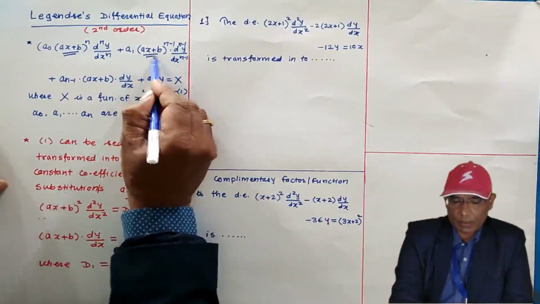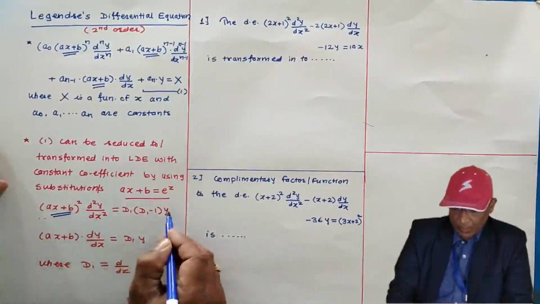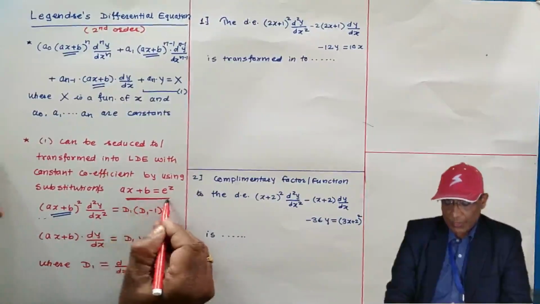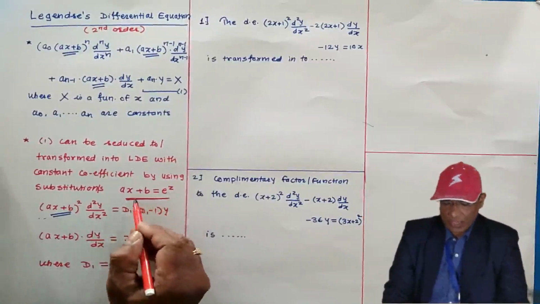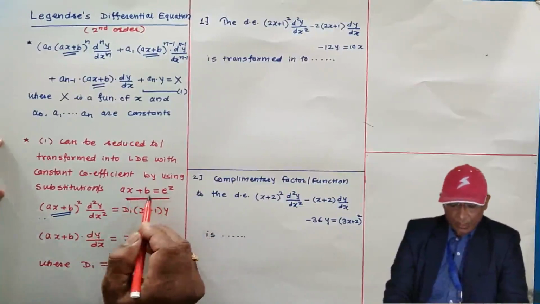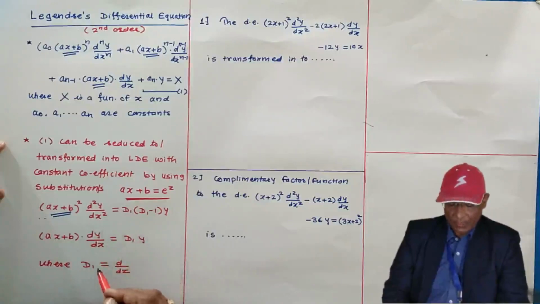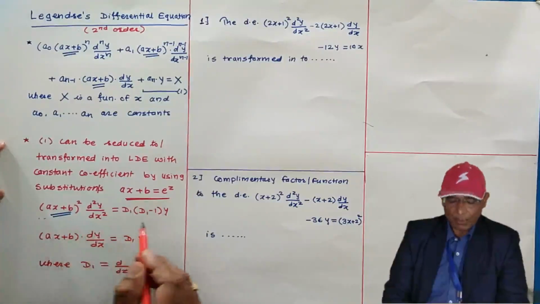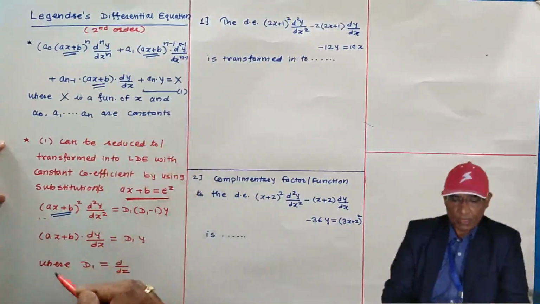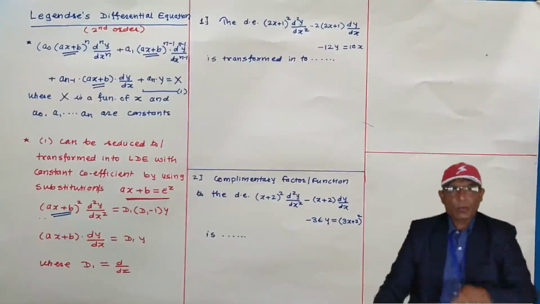See, x is replaced by ax plus b. Here, the difference I am telling you, ax plus b equal to e raised to power z. There in Cauchy's, x equal to e raised to power z. Here, ax plus b equal to e raised to power z. Now, in these three substitutions, okay, this is not necessary to prove. You can directly remember it. And only second order Legendre's differential equation we are going to solve. And the third order Legendre's differential equation is out of scope of this.